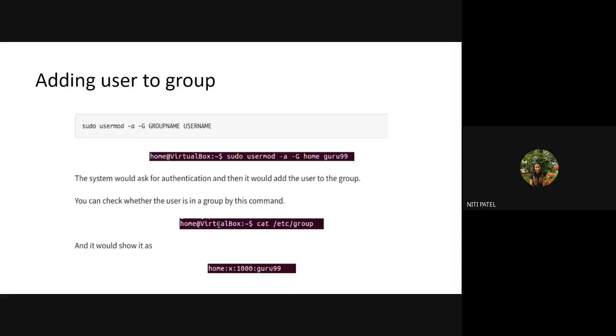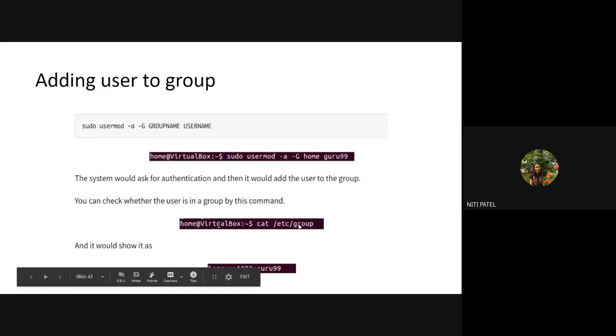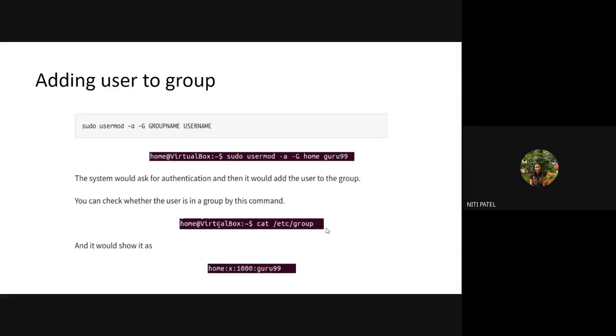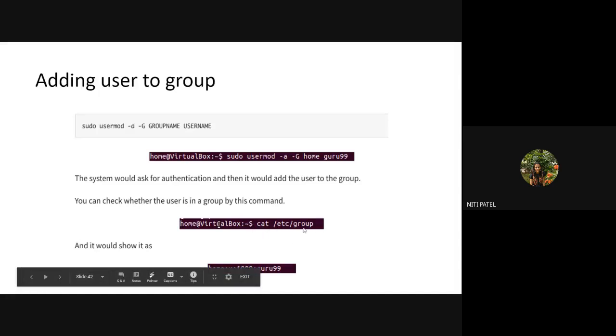So if I've created a file called abc.txt, and I've written 4 lines about the computer department into it, and I want to read those 4 lines, what I will type over here is cat abc.txt. It will open that file and show all the 4 lines inside it to the user. So when you execute cat /etc/group, it will show you all the group members inside that group.